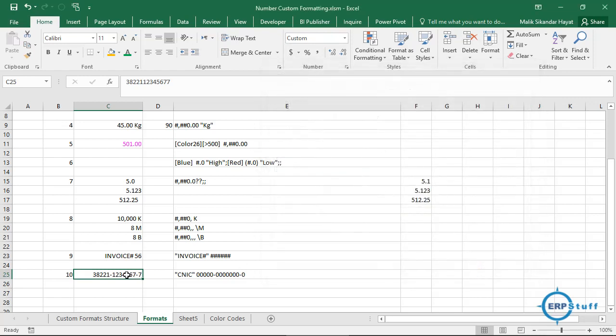So, now if I enter here 1, 2, 3, 4, 5, 6, 7, 8, 9, 10, 11, 12, 13. So, this is my 13 digit number. Once I enter it, that format is applied automatically. So, I don't even need to type these dashes, or slashes or whatever. It is up to you, depending on your data format, right.